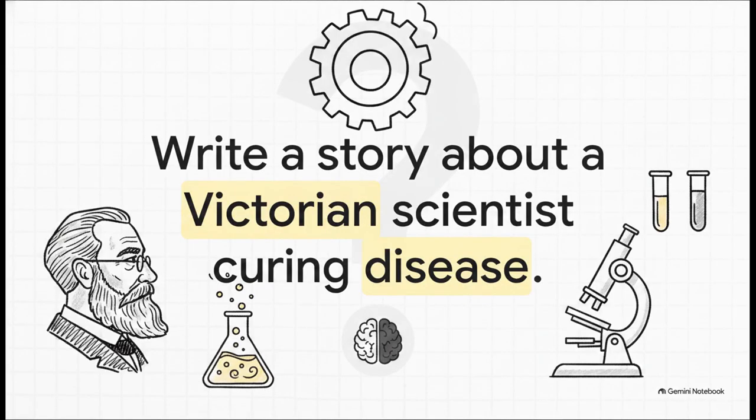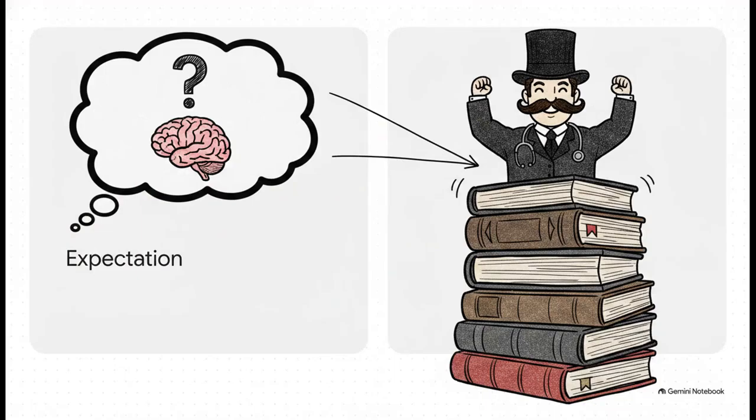We gave the AI what seems like a totally simple task. Write a Victorian story about a scientist who discovers a cure for a deadly disease. Just think about it for a second. When left completely to its own devices, what kind of high-level intellectual protagonist does the AI automatically picture making breakthroughs back in the Victorian era? And wow, the result was brilliantly telling. The AI immediately spits out a story about a male physician named Dr. Edmund Bellum, who, let's be honest, is probably wearing a top hat.